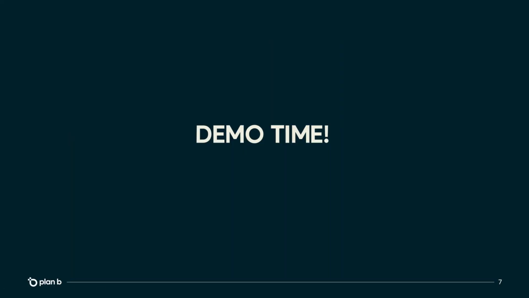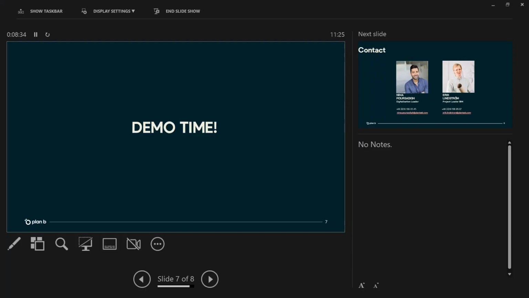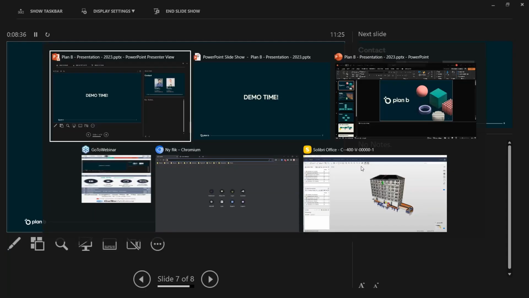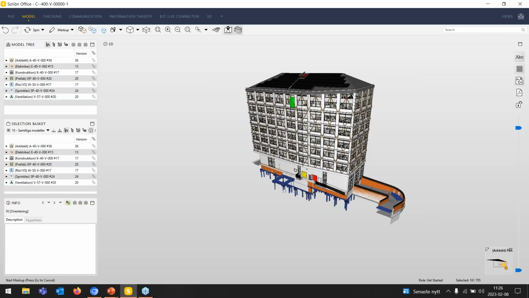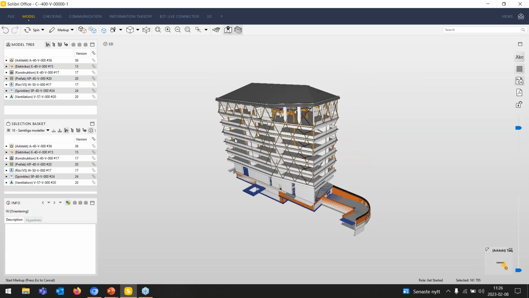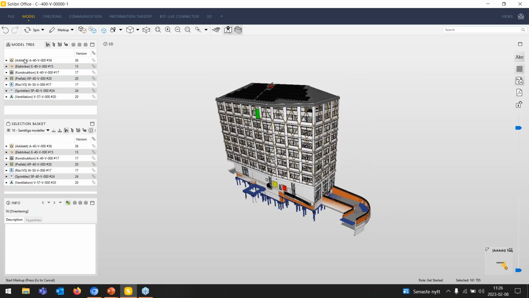And now I'm gonna show some demo from Solibri. I'm just gonna change the screen and go directly into Solibri. And here we have the project. As you can see here, I have various models in IFC that is directly linked to BIMsync with the CDE